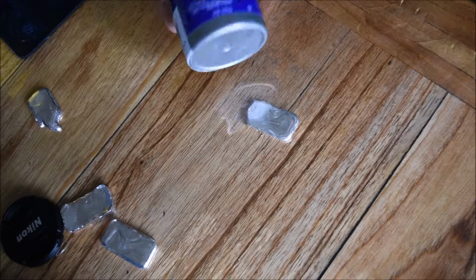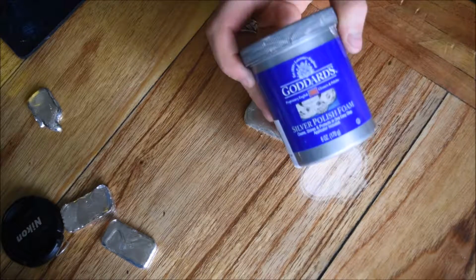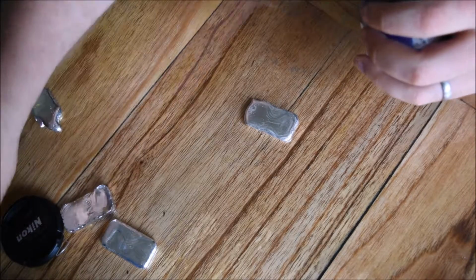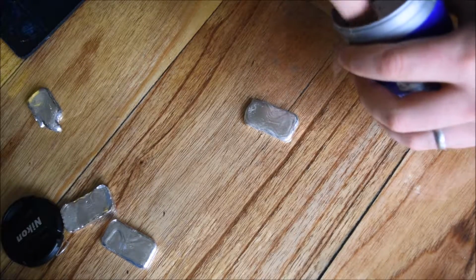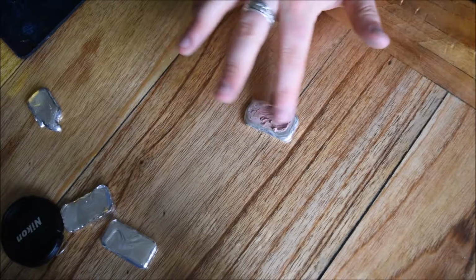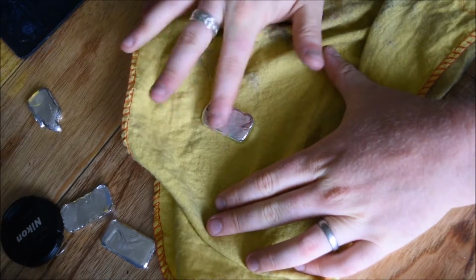So last stage is just polishing. I use just a random brand I got off Amazon. It's just a simple silver polish. I tend to just use a duster, get a little bit on my finger, rub it into the bar. Got my duster here, so just rub it in,